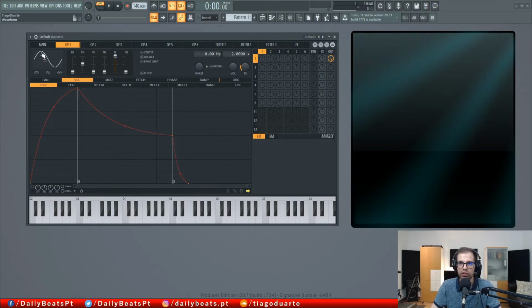So we have operator 1 going with a positive volume like that, and we are going to set operator 2 to go in the negative volume like that. And if they have the same parameters here, what's going to happen is that they will cancel each other. So let's do the same thing here. Let's add operator 2 to the output. As you can see, operator 2 goes to the output, and we will talk about the matrix a little bit later in the video. And now if I play a note, we have double the volume. But if I now put this all the way down,